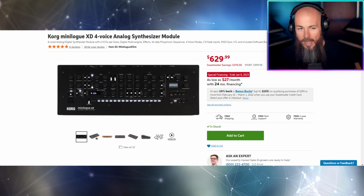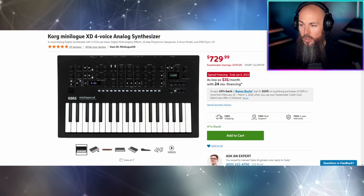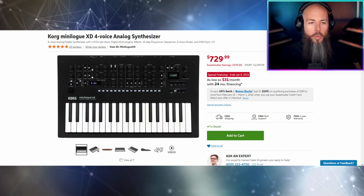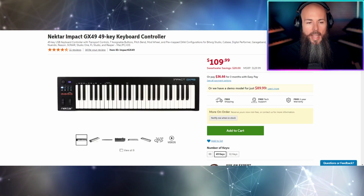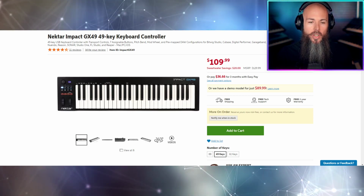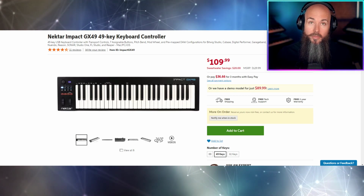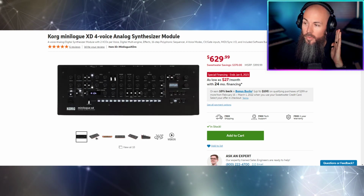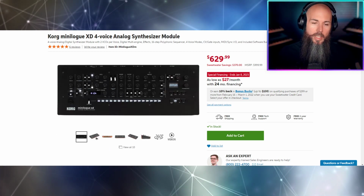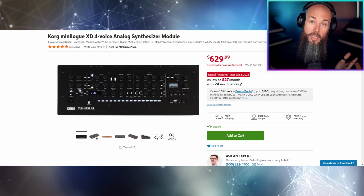So $629, or you can spend $729 and get the version with keys. I would recommend getting the module and then pairing it with something like a 49 key keyboard controller. I would rather spend the money to get 49 full-size keys than 37 small keys. But I think this is the most incredible synth that you can get, because $600 is a lot of money,